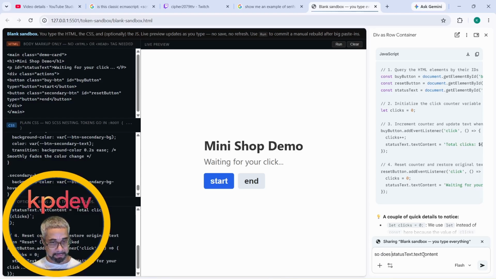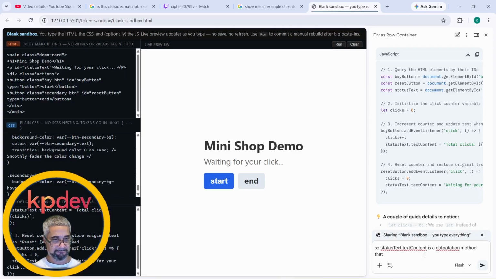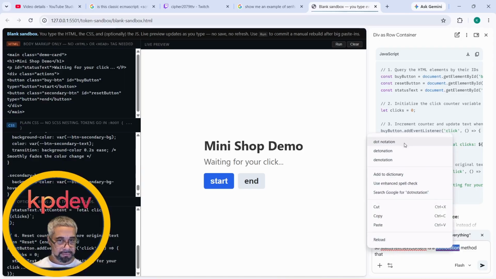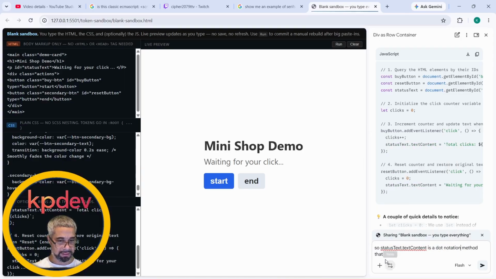So let me see. Status text dot text content is a dot notation method that calls... is a dot notation. Let me see. I definitely misspelled this. Okay, that's fine. A dot is a dot notation method in which